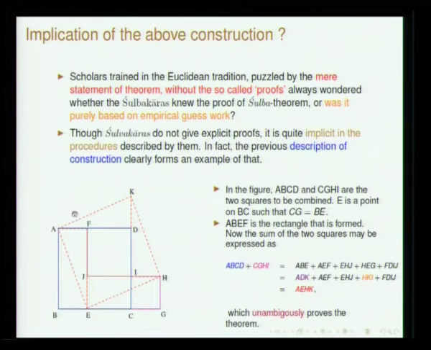So, you just rotate it at A, and then think of this triangle HEG, and if you rotate it around H, it will go and occupy the space HKI. So, this is essentially the proof of the so-called Pythagoras theorem. In fact, this proof has been discussed in Yukti Bhasha too. So, the procedure given in the Sulva Sutra amounts to the proof, or rather the proof is implicit in the procedure described there. Otherwise, that instruction does not make any sense.